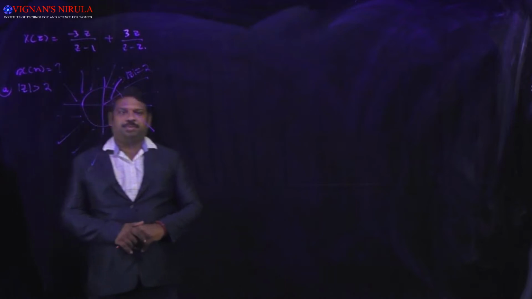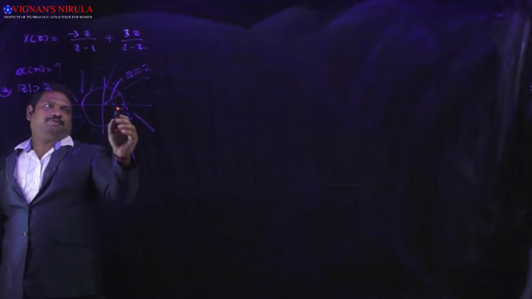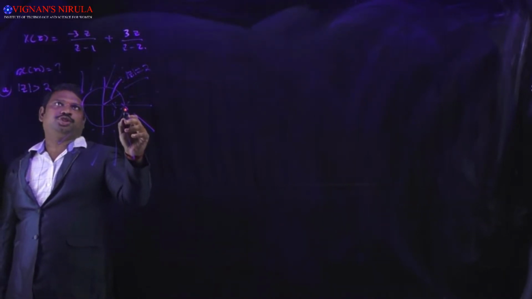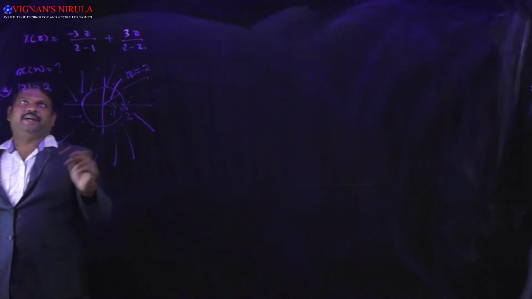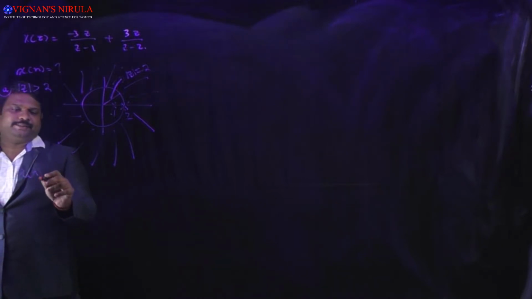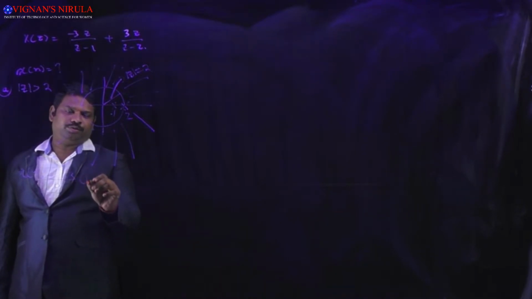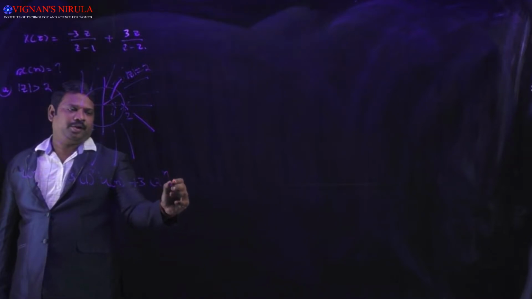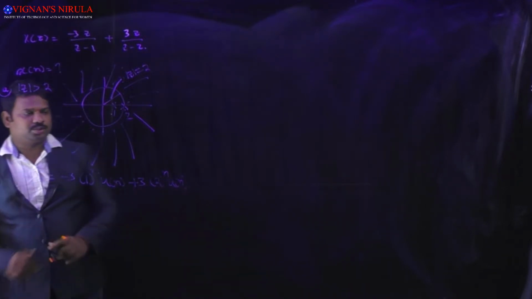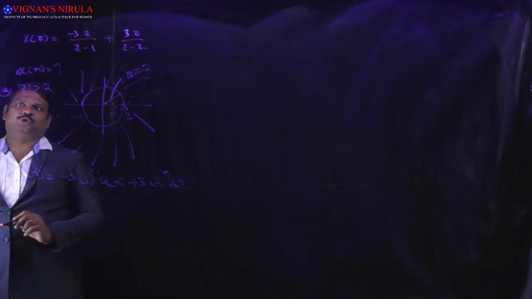Beyond this, the ROC is present. Because of this particular ROC, looking at pole 2, the ROC is outside, and similarly looking at pole 1, the ROC is outside. That's the greater-than case. That's why we'll write x of n as 3 into 1 power n u of n plus 3 into 2 power n u of n, as the ROC is outside. That is our x of n.